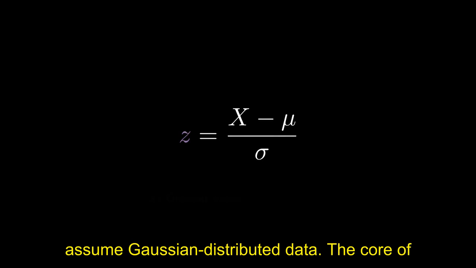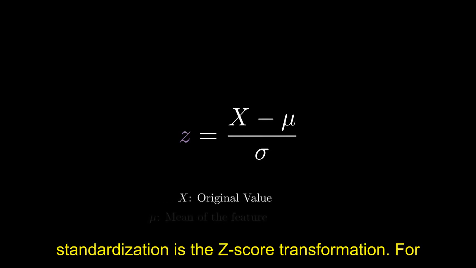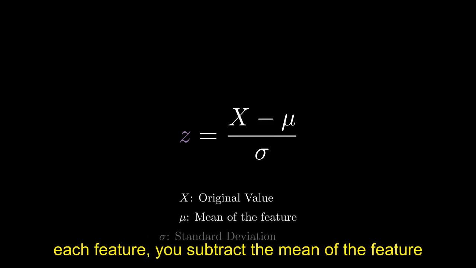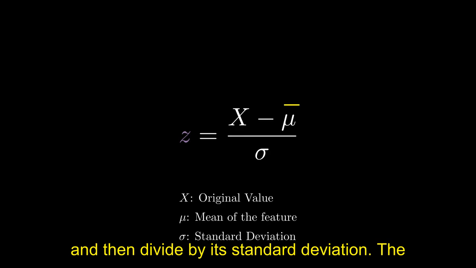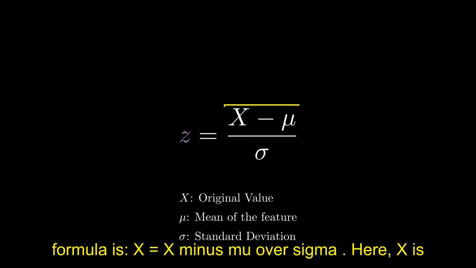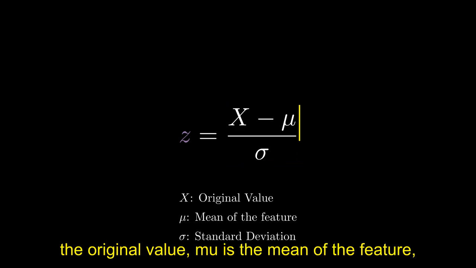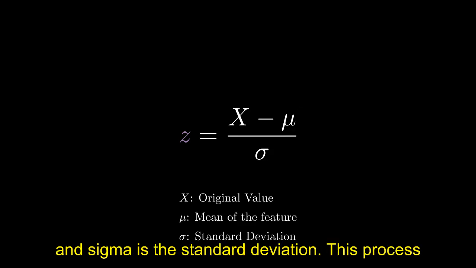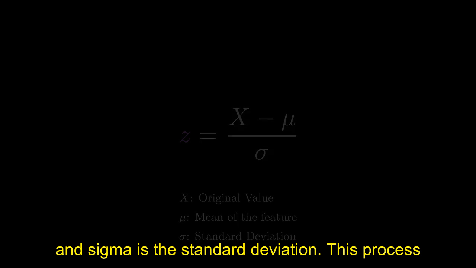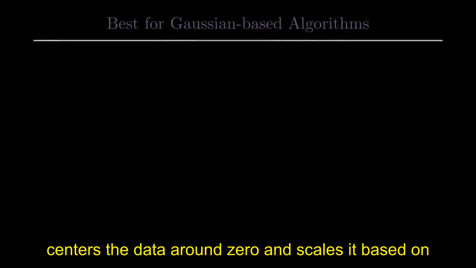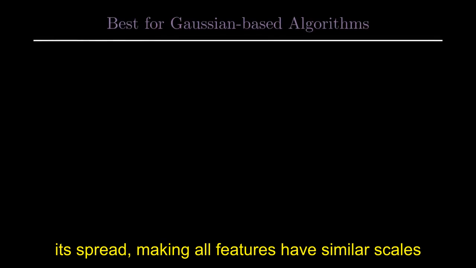The core of standardization is the z-score transformation. For each feature, you subtract the mean of the feature and then divide by its standard deviation. The formula is x' = (x - μ) / σ. Here, x is the original value, μ is the mean of the feature, and σ is the standard deviation. This process centers the data around 0 and scales it based on its spread, making all features have similar scales